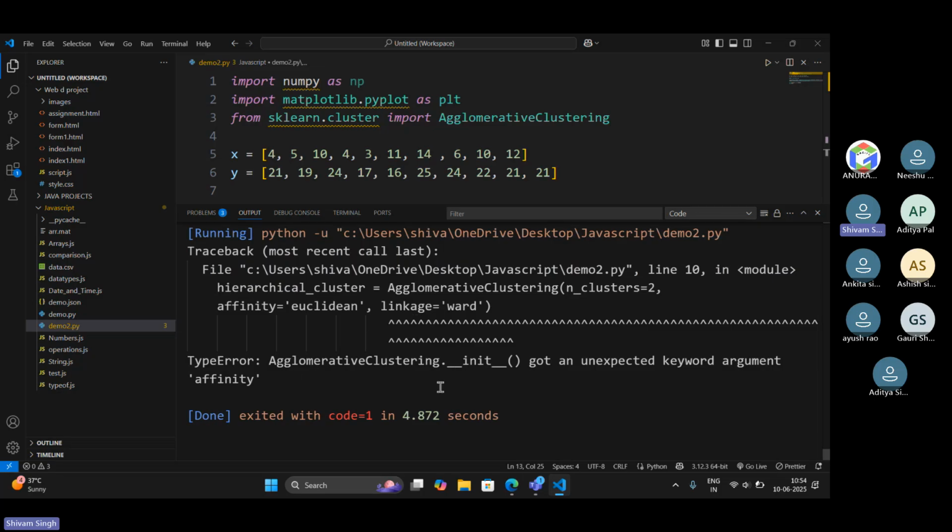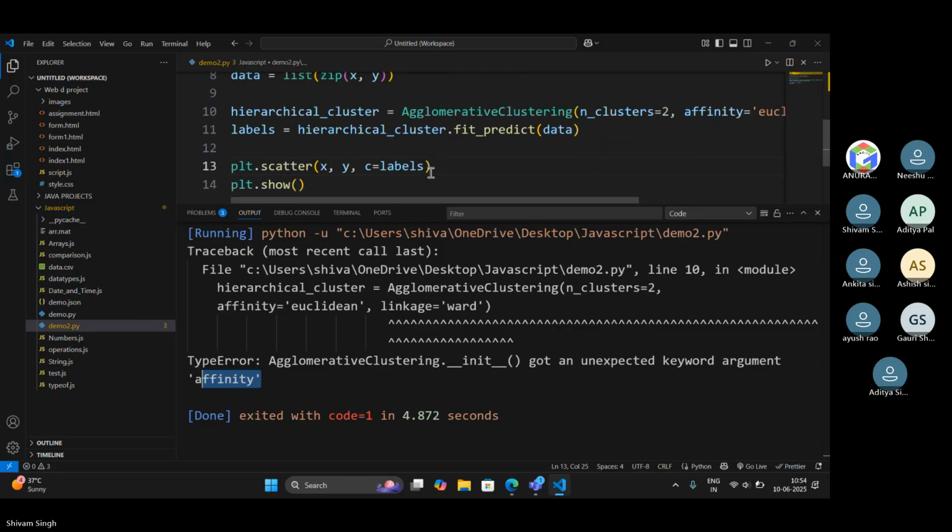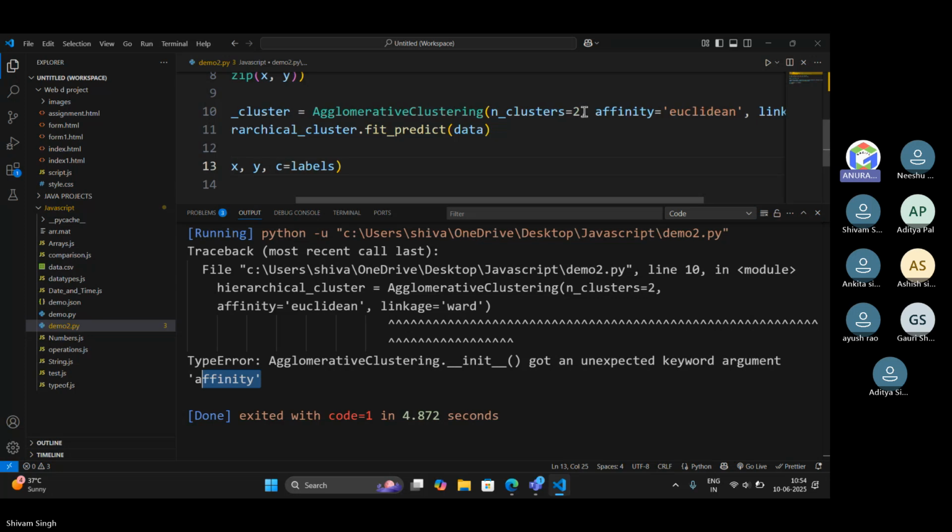What is the problem? It is saying agglomerative clustering got an unexpected keyword argument affinity. Affinity is mentioned here, but it is not defined.